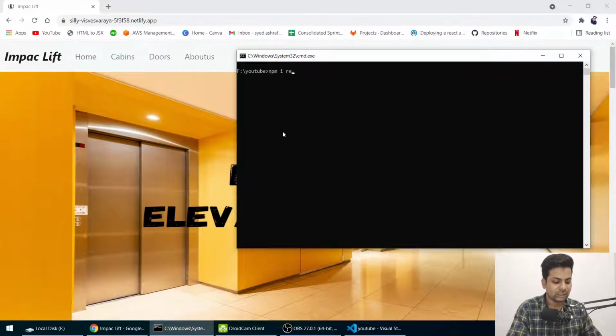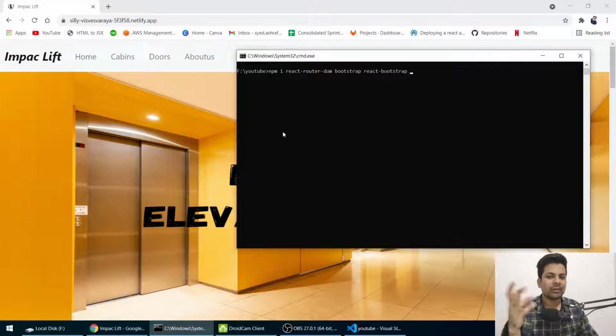I'll say react-router-dom, then I need bootstrap, then react-bootstrap. If you install bootstrap, it will automatically install Bootstrap 5, because it's now in stable mode. Another thing is at the rate material slash material UI.